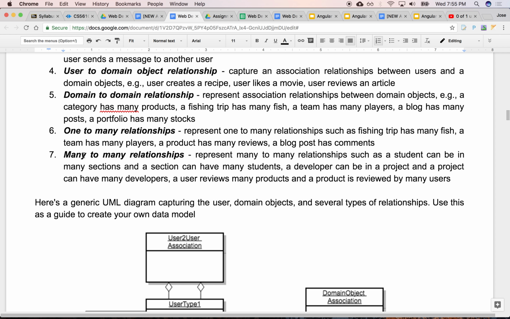Or one playlist contains many songs, right? And then at least one many-to-many relationship, right? For instance, you might have actors in movies. So like one actor can act in many movies. But then one movie can have many actors, right? So you can have a many-to-many relationship. Yes? So at least one of those.